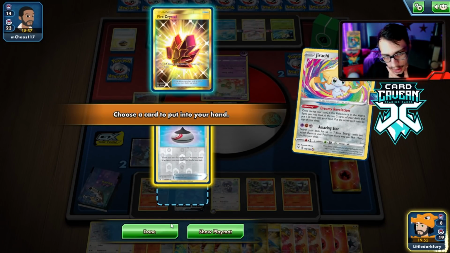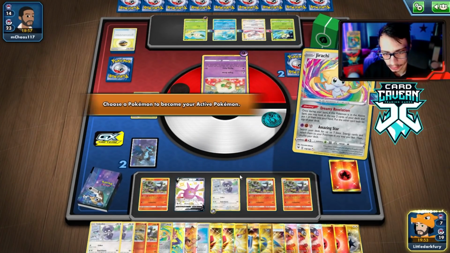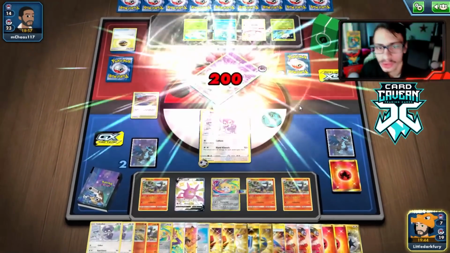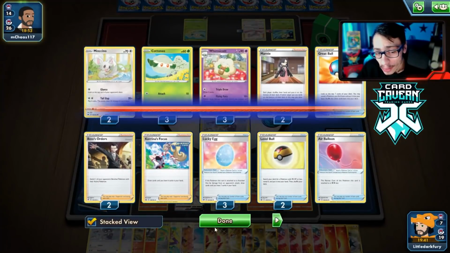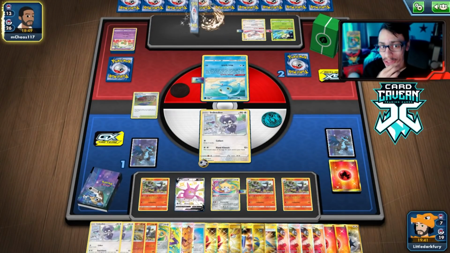Okay. Take this. I think we just attack him, right? If we get Marnie, we have the Fire Crystal on top. We just attack him here. Alright, here we go. They just need a Boss's Orders to win the game, most likely. Will they find it? We'll see if they have 3 in the deck. I don't know if they do play 3. Most Whimsicott lists I have seen online do usually just play 2, so...